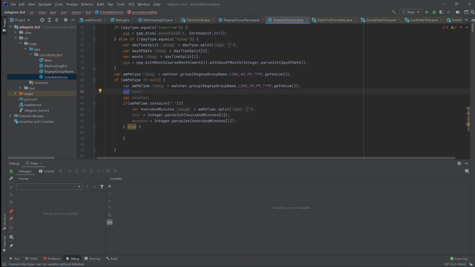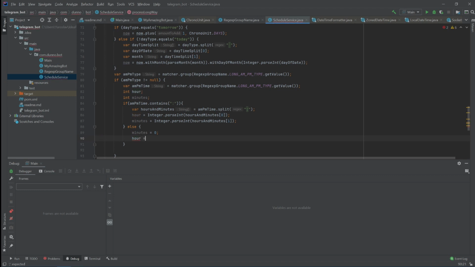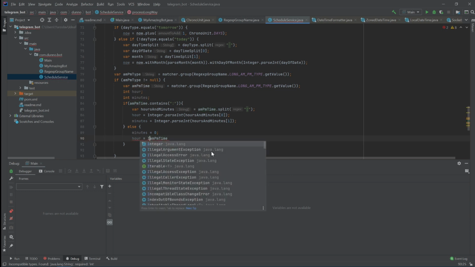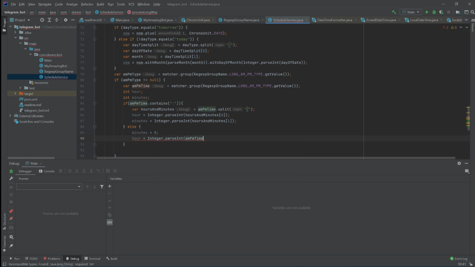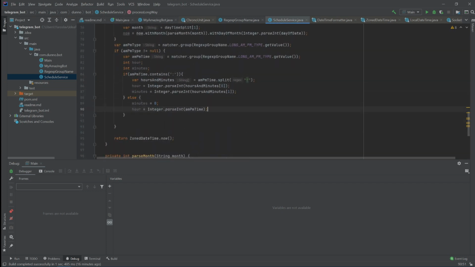Yeah, and it should be integer here and here. Just int. Else minutes equals 0, and hour is going to be just npm time integer percent npm time. Okay, so it seems pretty fine, I guess, and turn